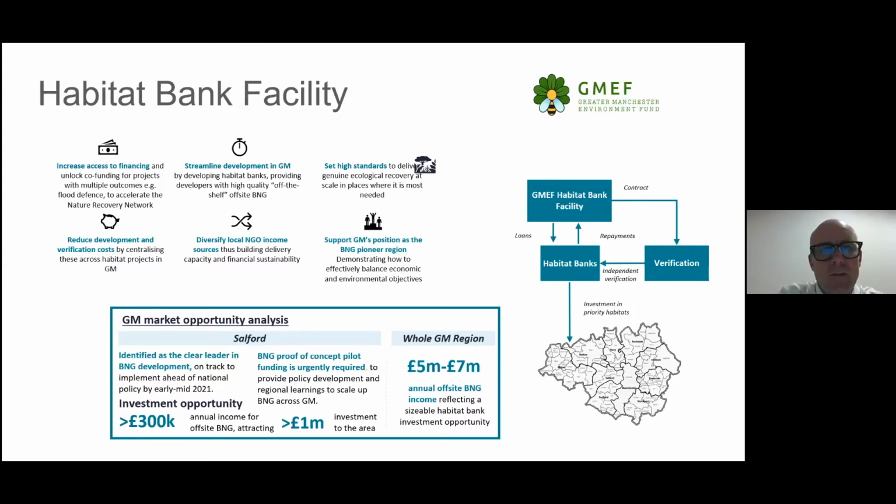So at the moment, we've been funded as a pilot from the government's Natural Environment Investment Readiness Fund to test setting up a large-scale habitat bank in the city of Salford, on an area that is peatland, wetland, and look at how we potentially could develop and get upfront funding. You know, we're talking around £2 million to invest in a site that can improve that site, not only in terms of its biodiversity, but also in terms of its carbon.